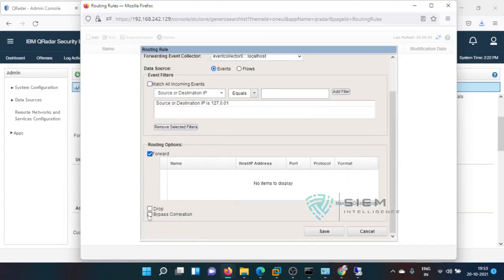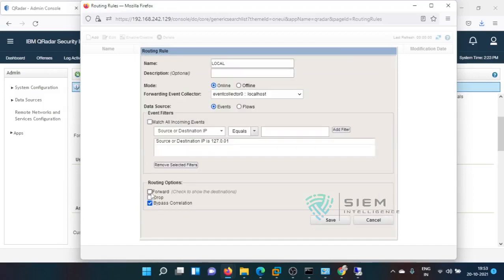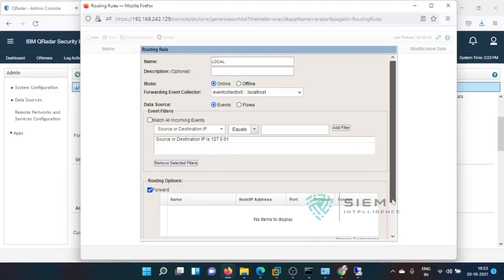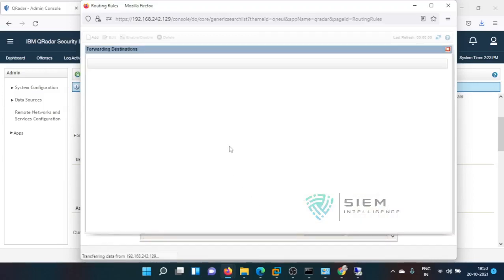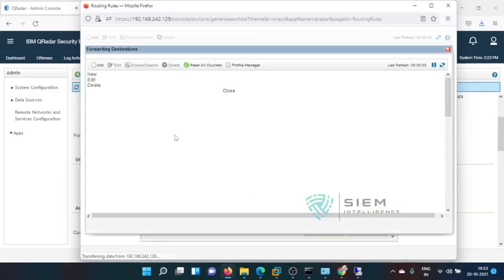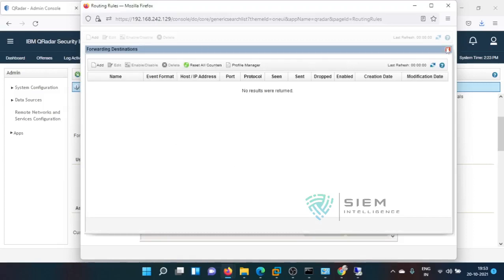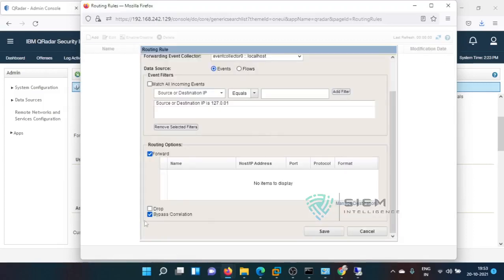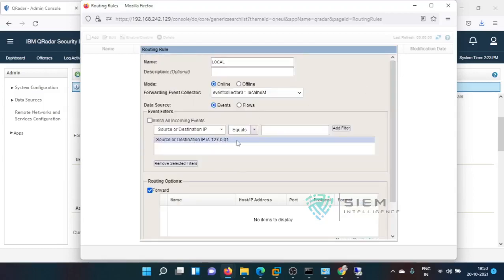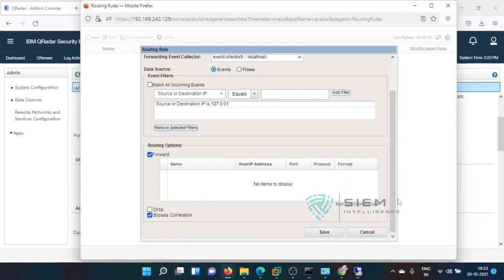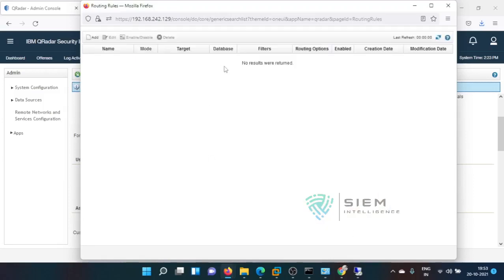So I'll do forward, or you can say bypass the correlation. Or for forwarding to, if you have any forwarding destination, you can add it over here. If the destination is there, you can send it to that particular forwarding. Or you can say bypass or drop. I don't want to see this particular 127.0.0.1 data, so you can either forward to some other console, or you can drop, or you can bypass the correlation, and if you save, it will be saved. Okay,